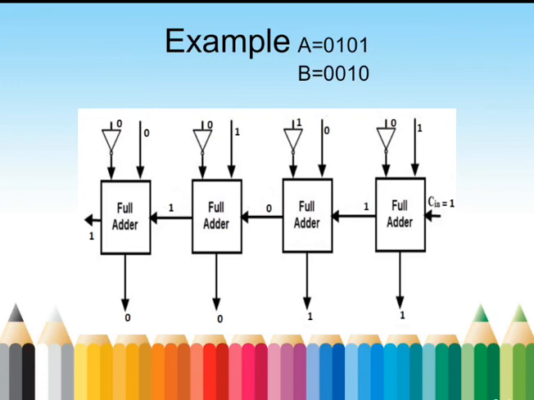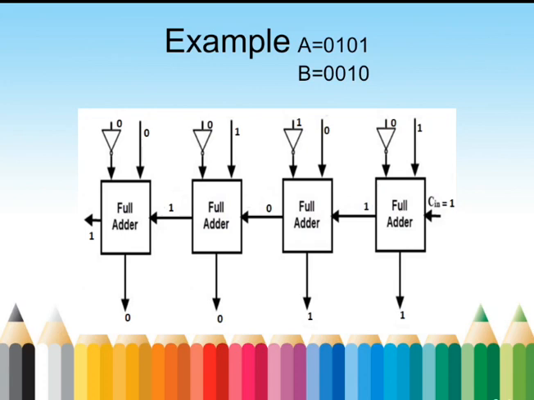The output carry is nothing but the end around carry. By using 2's complement addition, we ignore this end around carry. So we have a final output of 0011, and its equivalent decimal value is 3. Yes, we obtained the output for the difference of 5 and 2. This is what a parallel subtractor is.